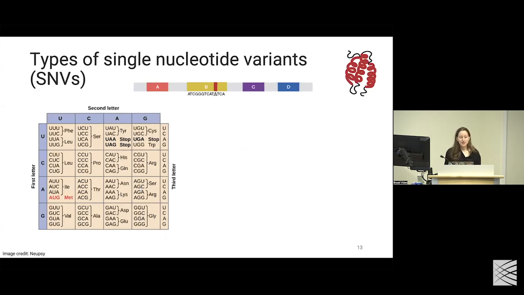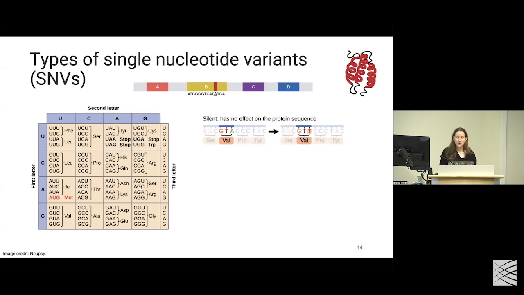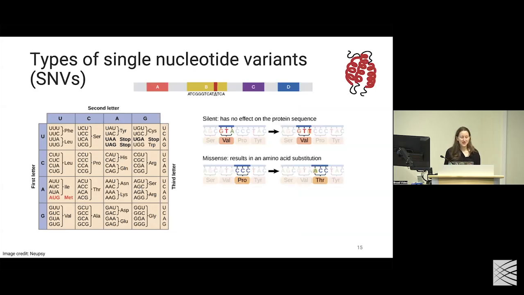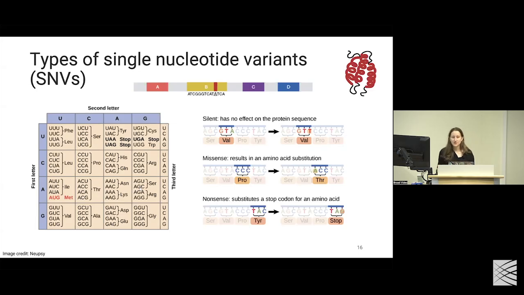So anyway, the single nucleotide variants that occur in proteins have a propensity to disrupt codons that will actually be translated and turned into the protein structures. Of course, we can have variants that are silent, having no effect on the protein sequence, allegedly. And we can have missense variants, which result in an amino acid substitution. And then we can have nonsense variants that substitute a stop codon for an amino acid. So all of this is a little bit of a refresher. Keep with me. It'll maybe get more exciting for some of you.